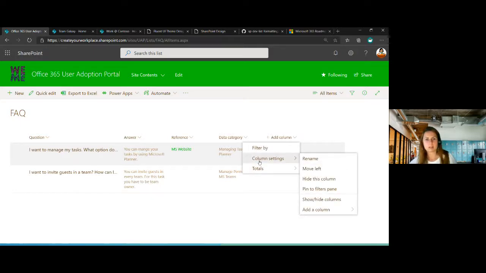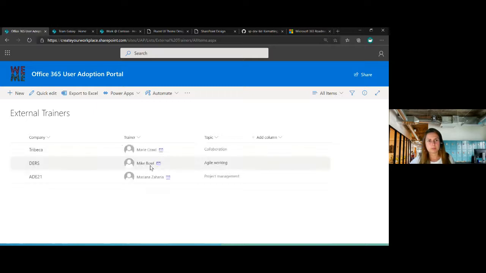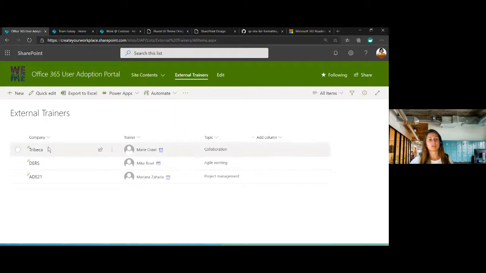Okay, probably it's not available for my column data category because this column is the managed metadata column. Let me show you in another list because I've prepared also another list. That's the external trainers list. So it's just a list of people, external trainers. They have a company name, trainer name, and topic. And I have added for